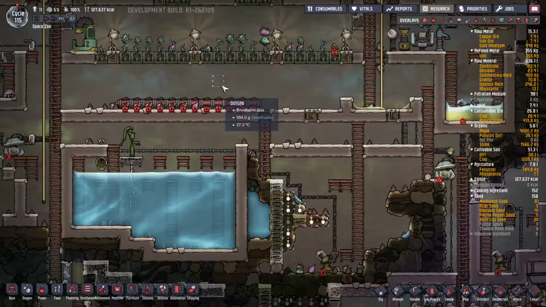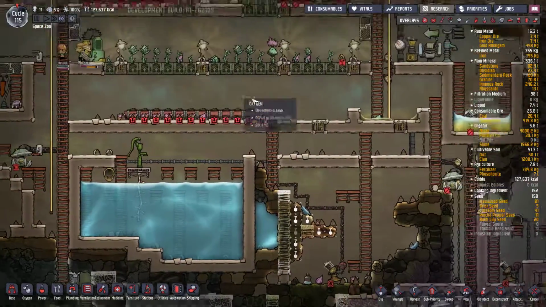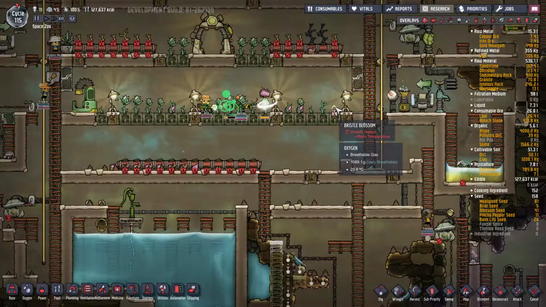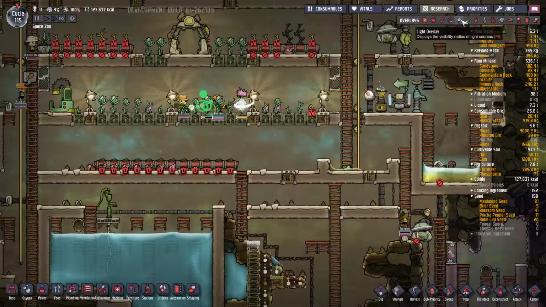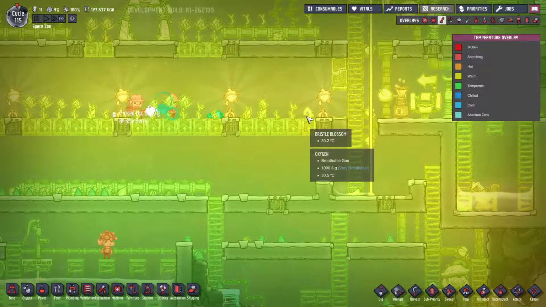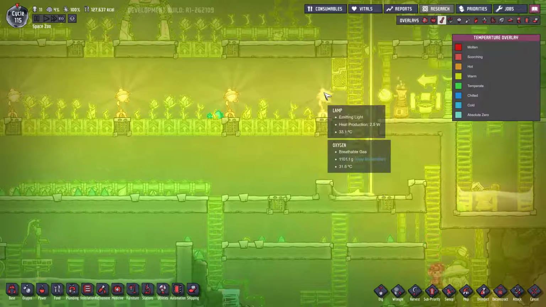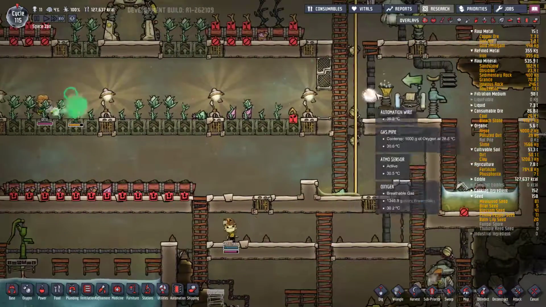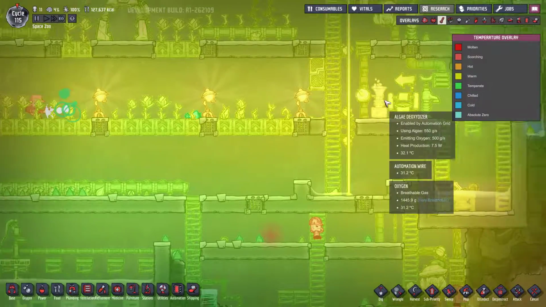Where are we? Now, food's going down a little bit, but probably not. We've got some issues with temperature. I'm not sure whether it's these lamps that are causing the temperature or not. They are heating up. But we've also got